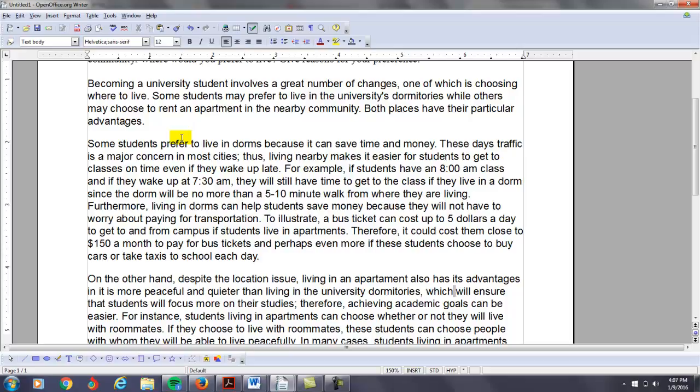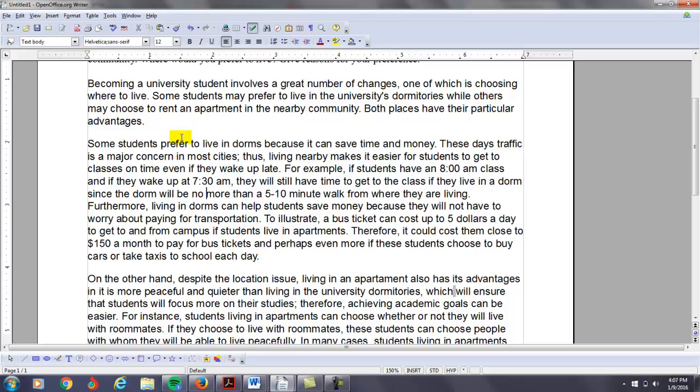Some students prefer to live in dorms because it can save time and money. These days, traffic is a major concern in most cities. Thus, living nearby makes it easier for students to get to classes on time, even if they wake up late. For example, if students have an 8 o'clock a.m. class, and if they wake up at 7:30 a.m., they will still have time to get to the class if they live in a dorm, since the dorm will be no more than a 5 to 10 minute walk from